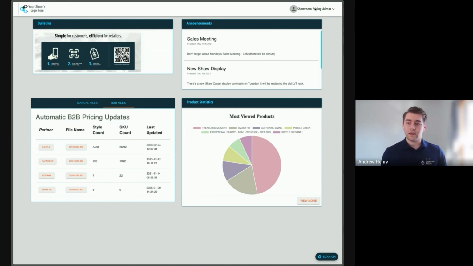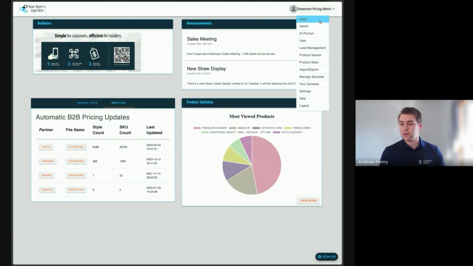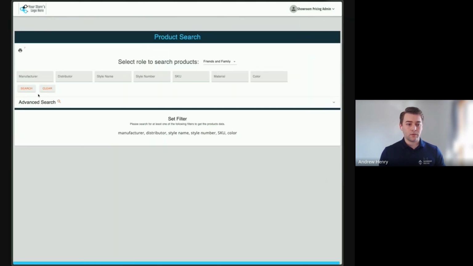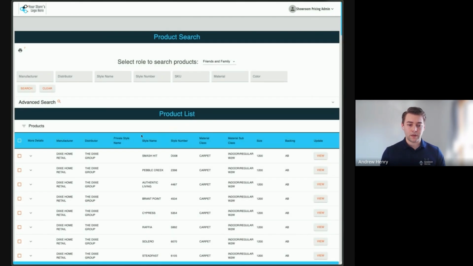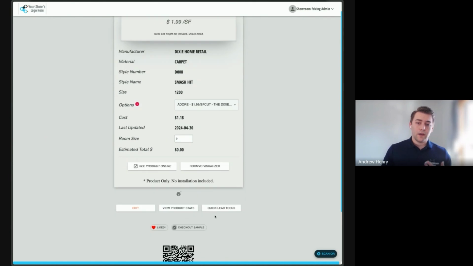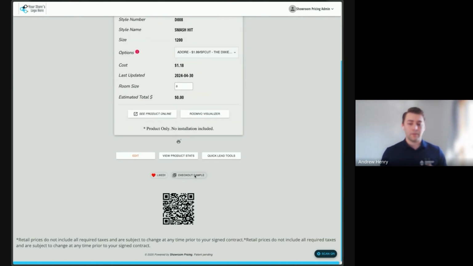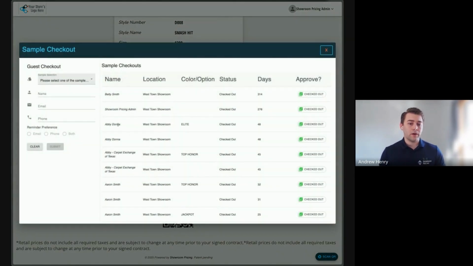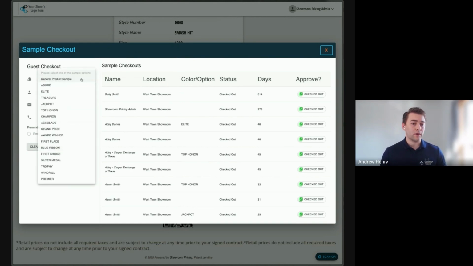As far as the actual sample management part of the system though, we'll go ahead and start showing that off. So, of course, if you go to any of your products in the system, we'll go to this Dixie one here. You now have the ability to check out samples to customers on a color level or even on an overall sample level. So in the cases where you have tile or things like that, and your samples only are for